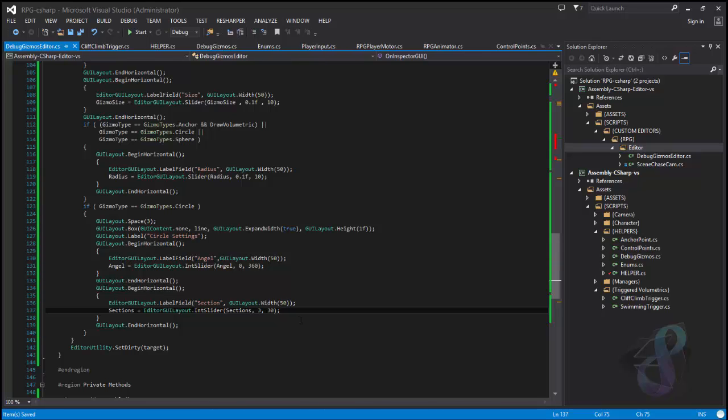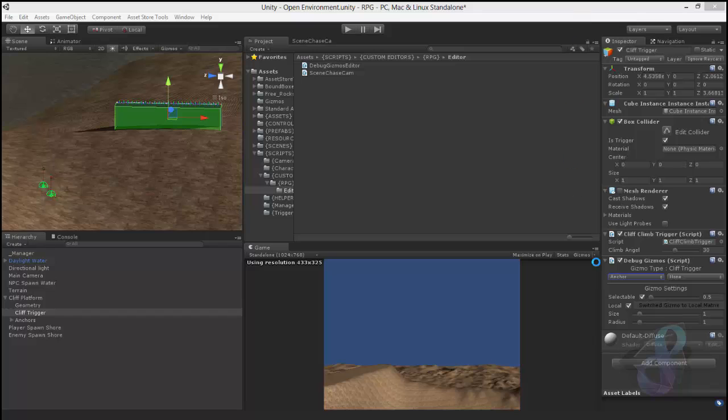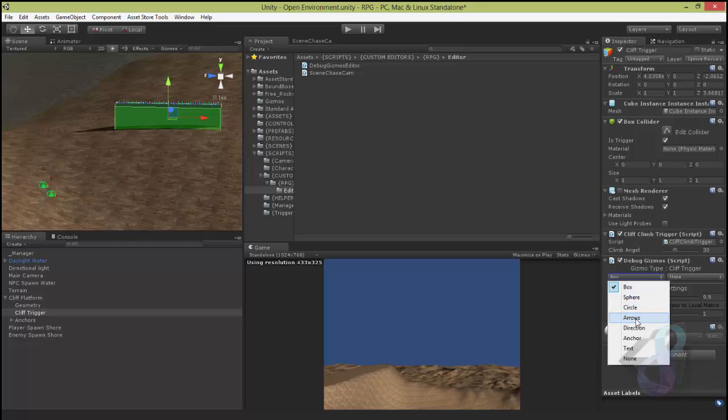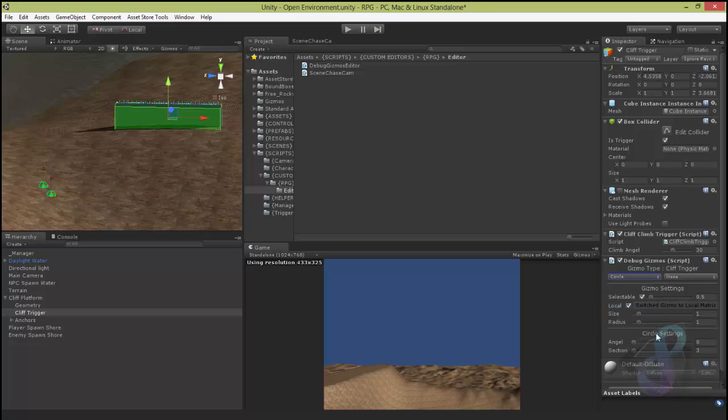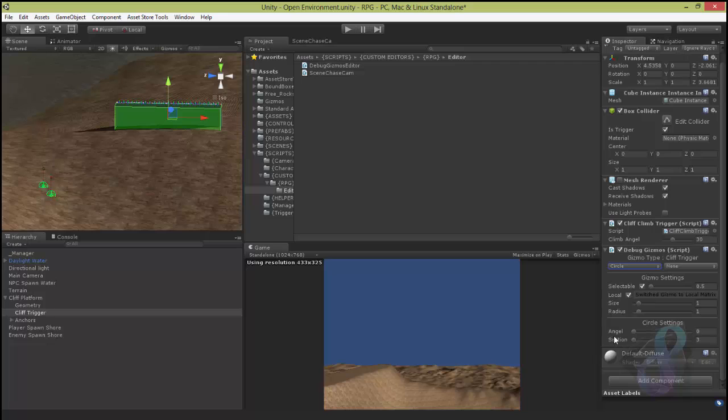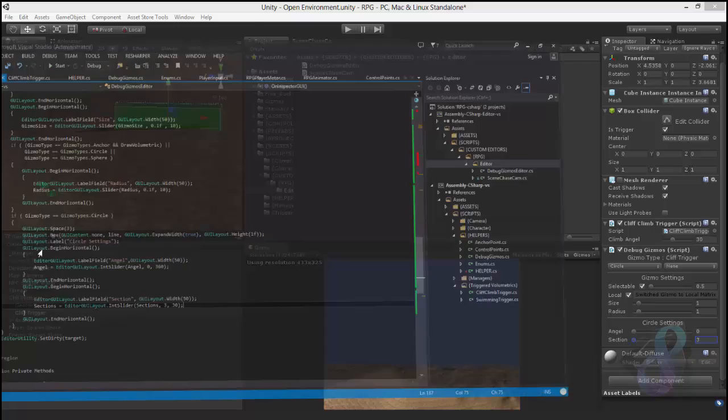and just by doing that, going back to Unity, we are in Anchor, so we don't see the circle parameters. Oh, it went to box. Okay, I will tell you why we've gone to the box later, but as I go to circle, I get circle settings, and the circle settings will be shown below. Okay, and these are integers. So, next one,